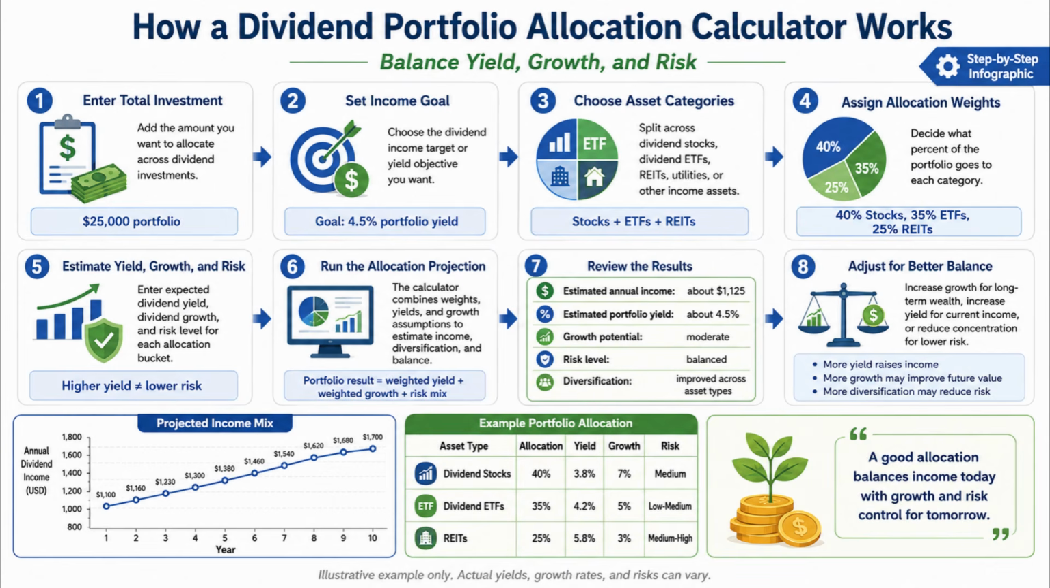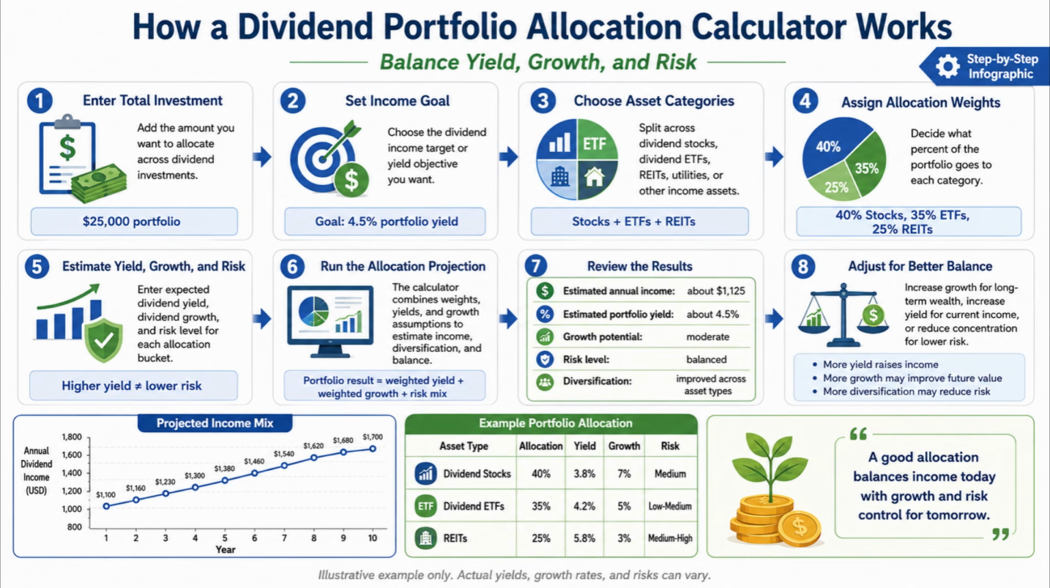In this video, we will discuss how a dividend portfolio allocation calculator works to balance yield, growth, and risk. First, the calculator begins with your total investment, which is the amount of money you want to allocate across dividend investments. For example, if you start with a $25,000 portfolio, that amount becomes the base for building your dividend allocation